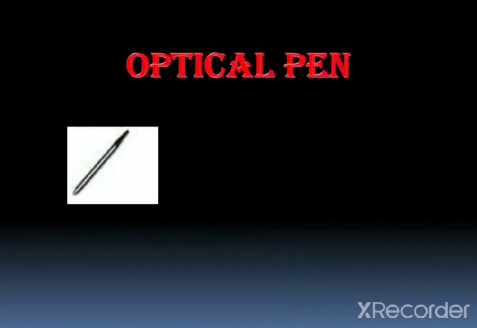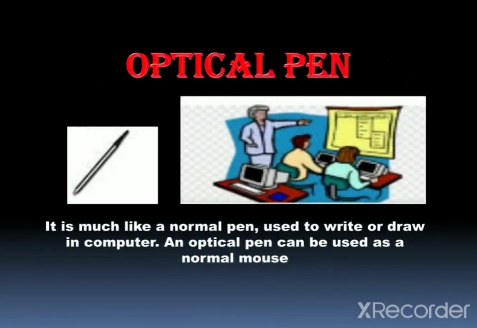Next is light pen or optical pen. Light pen is an input device commonly used to select or edit text or data on a screen. Okay, let me explain to you with an example. Have you ever seen a cricket match on TV? A commentator draws lines on the screen and tells you that this player should stand there and that player will stand here. So children, the commentator draws these lines on the screen with the help of a light pen.